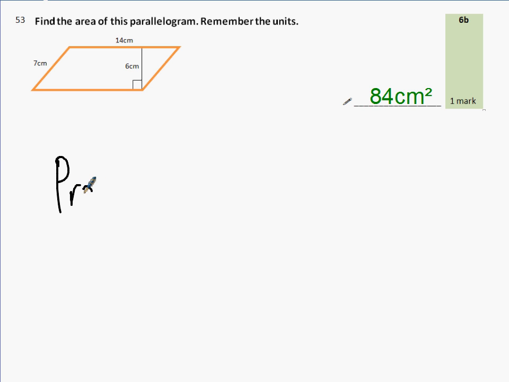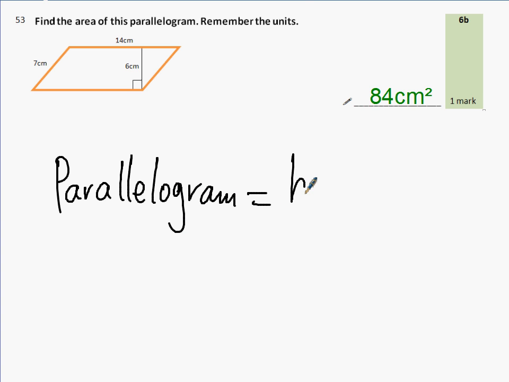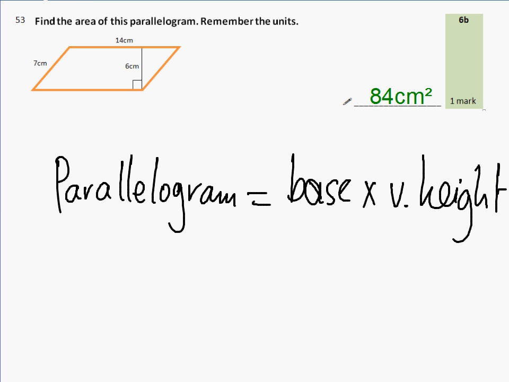Find the area of this parallelogram. The area of a parallelogram can be found by doing base times the vertical height. What is the vertical height? It's the height that is at 90 degrees to the base. Not this one. That is just there to fool you. It's a bit of extra information to see whether you realise that actually the only bit of information that you